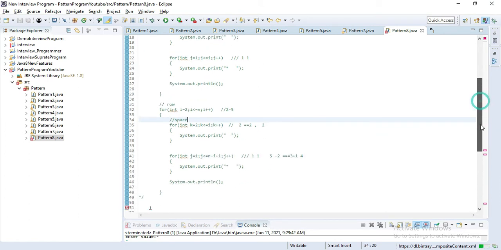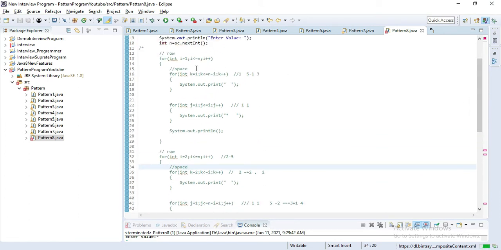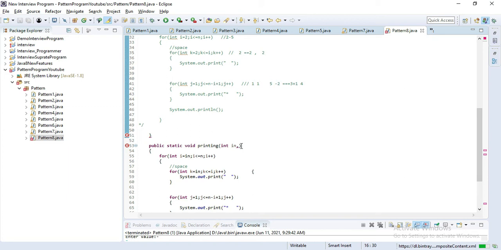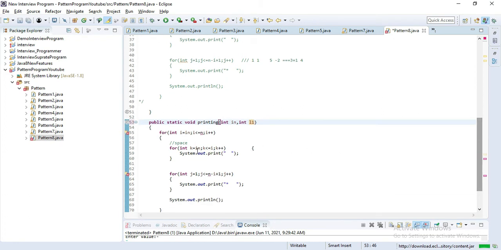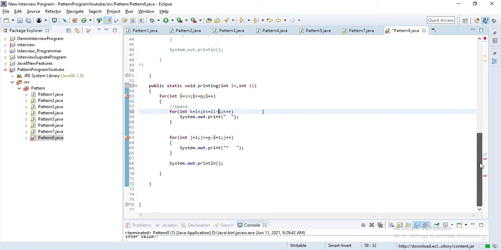So let's create one variable here, and I'll name that variable int l1, and we will pass that variable here. Simply we can say l1 minus I.